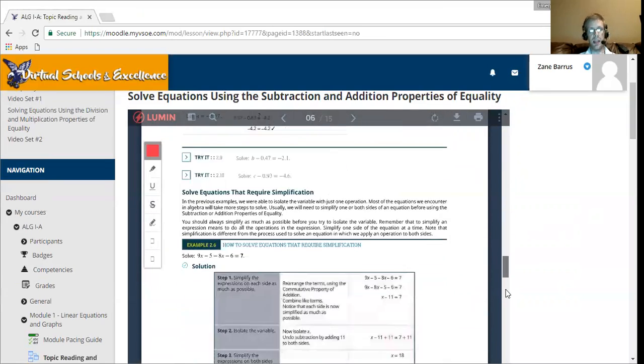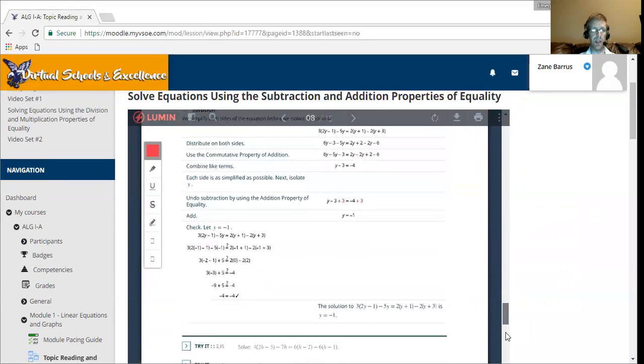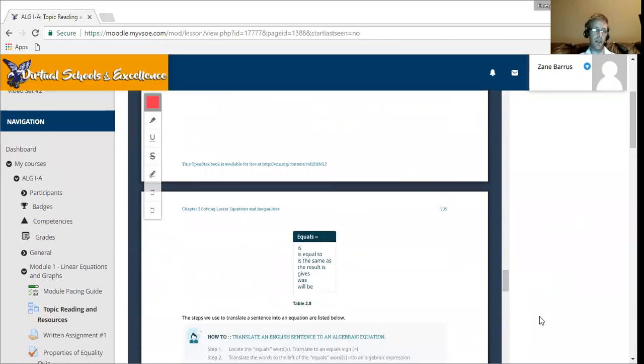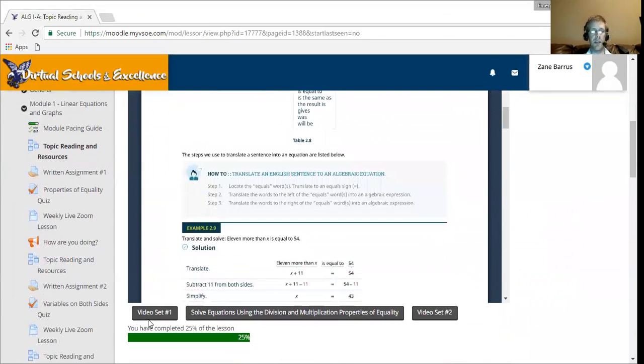Let's say that I'm a student who has just completed the reading for this first topic. At the very bottom of the lesson, you'll see a workflow set up here. We have a video set, number 1, that goes along with the reading that we just finished. We have the next reading in this topic that we can click on, as well as its corresponding video set. Let's show you what a video set looks like. When we click on the video set,